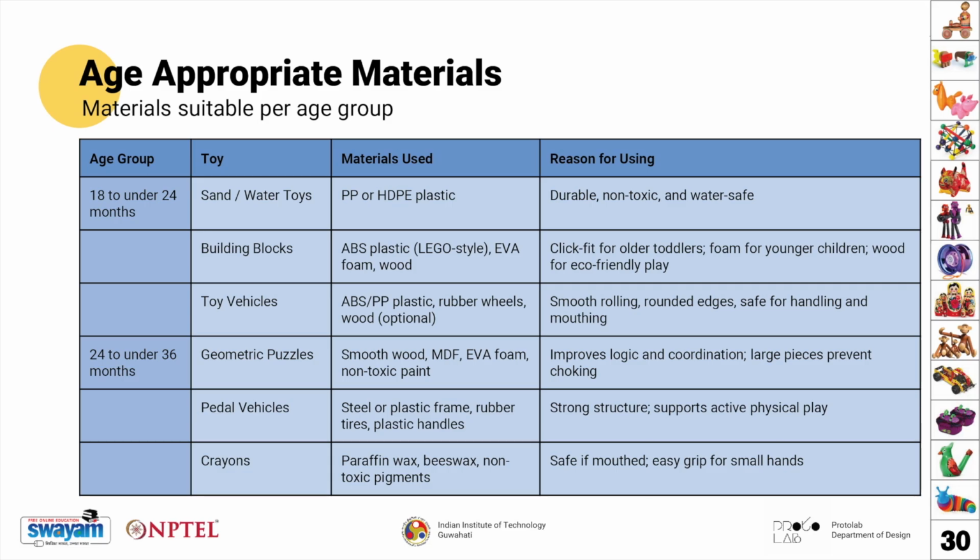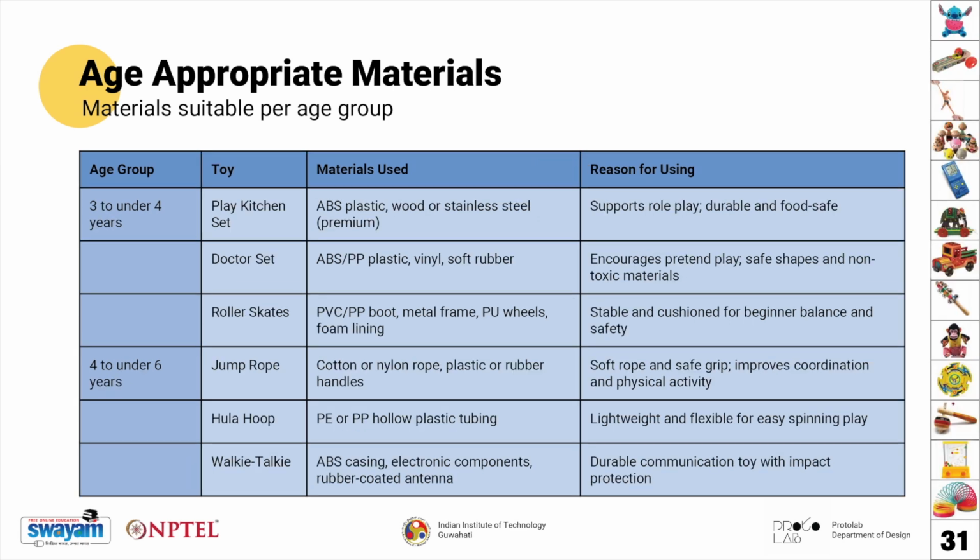Crayons are physically made from paraffin wax or beeswax with non toxic pigments. These materials ensure that the crayons are safe even if accidentally mouthed and easy for small hands to grip, encouraging early drawing and creative expression. For children aged 3 to under 4 years, toys become more focused on imagination, social play, and